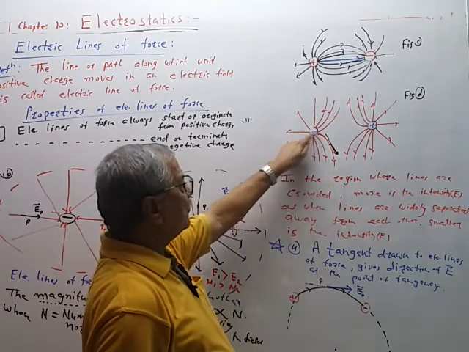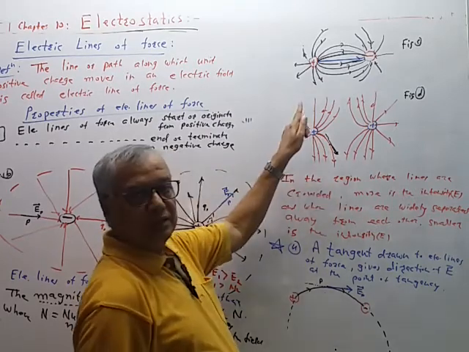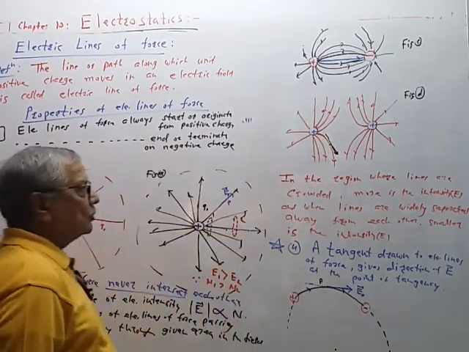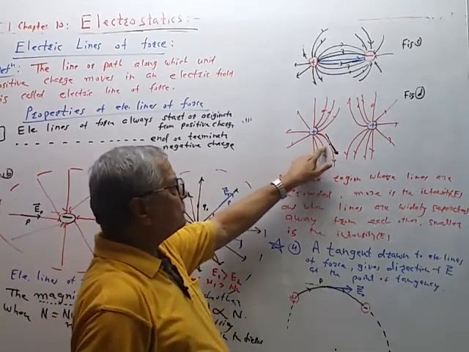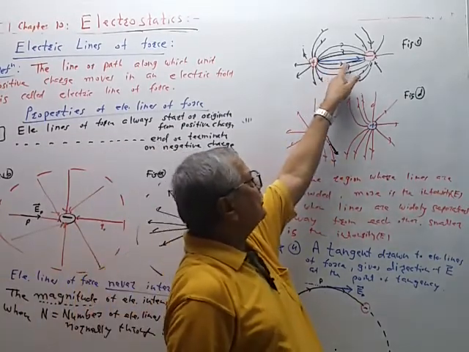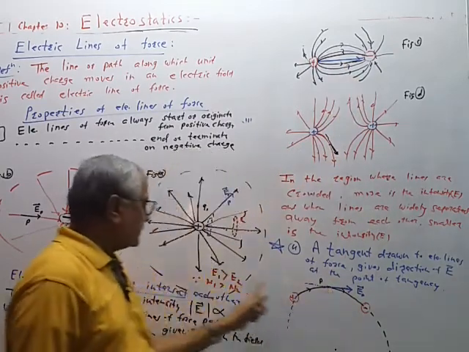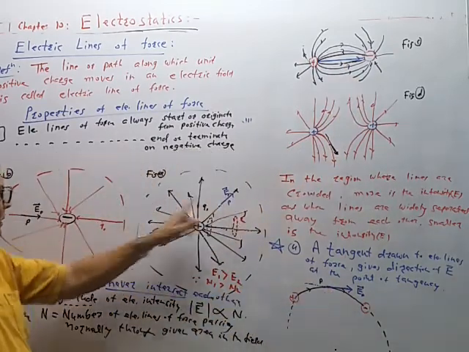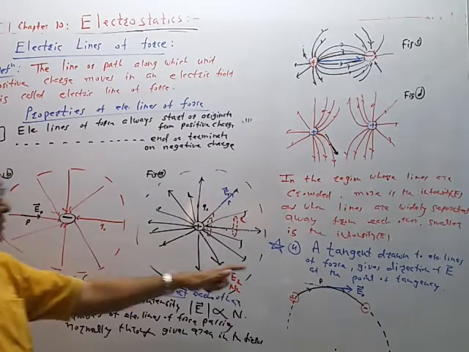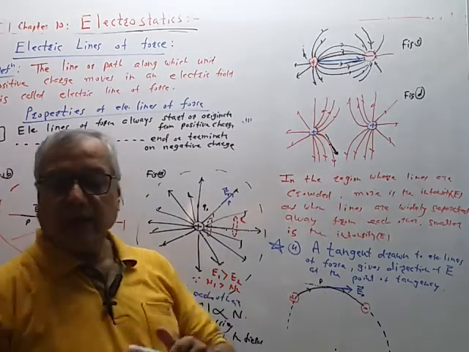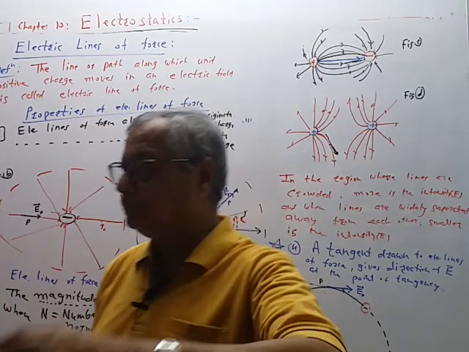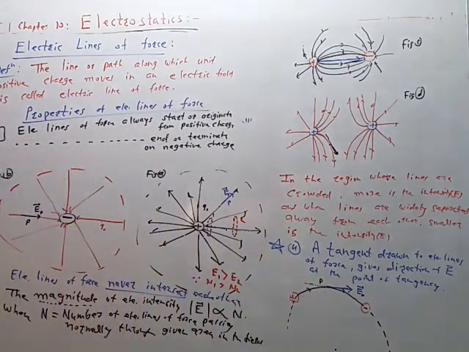This line that we drew will be an arc of some imaginary circle. So draw a tangent like this. So the direction of electric intensity for this point, at this point. So the rule is the same. Magnitude as well as direction is given by the electric lines of force.